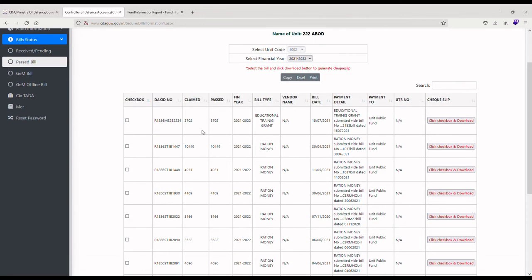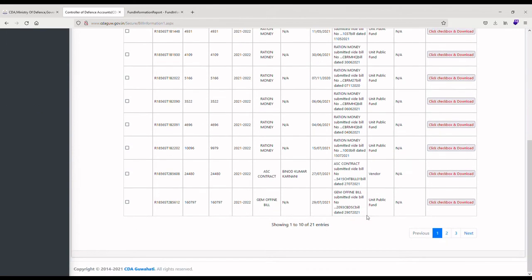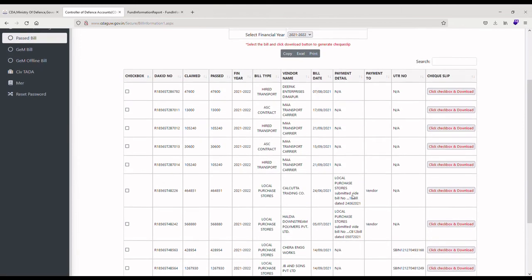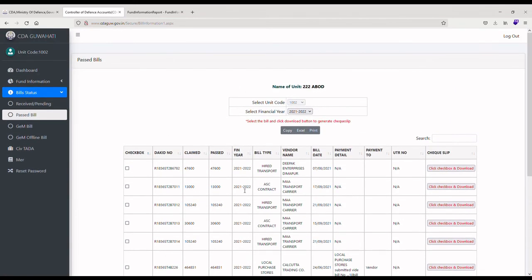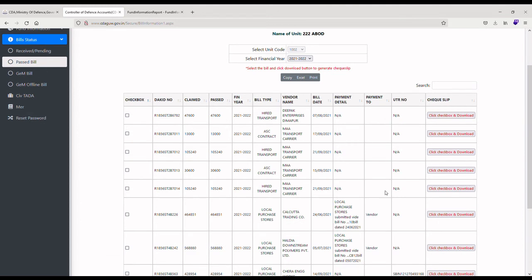This table will display all the informational data that is required, including the UTR number and the UTR date. Although the UTR number and the UTR date take around 10 to 12 days to get reflected, in spite of the bill being shown here. So kindly wait for 10 to 15 more days for the UTR number to get reflected in the corresponding bill.